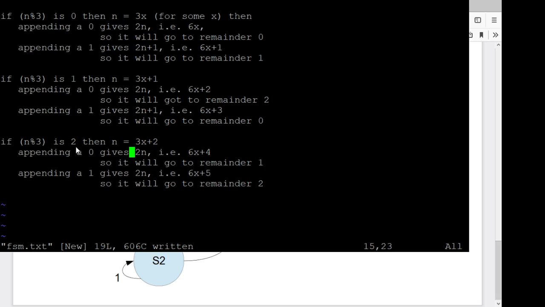And same sort of idea. If n mod 3 is 2, then n is 3x plus 2 for some x. If I stick a 0 on the end, I'm doubling that, so I'm getting 6x plus 4, which is going to give me a remainder of 1 when I divide by 3. If I take my n and stick a 1 on the end of it, I'm doubling it and adding 1, so I'm getting 6x plus 5 essentially, which is going to give me my remainder 2. So that gives us a way to go through